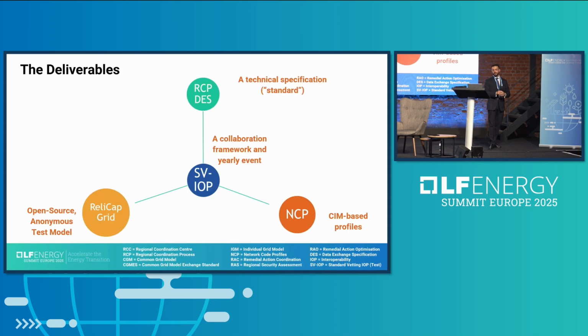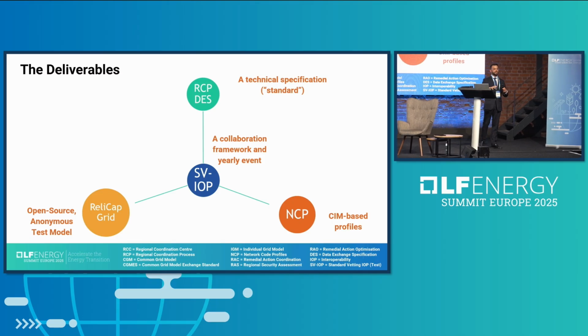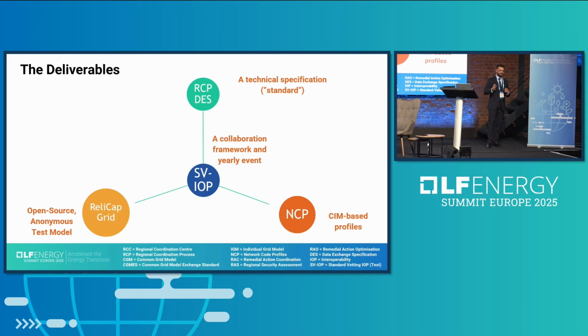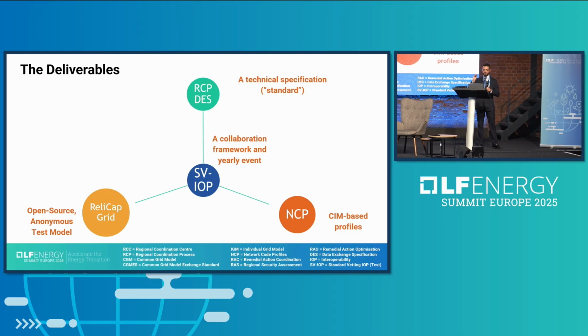Deliverables, what you're waiting for. The central part is the SVIOP. This is an event that started with a series of weekly online calls and ended with a physical event in June in Brussels. And in there is where we gather all the use cases that TSOs ask for. So TSOs ask for more changes. This is why ENTSO-E is constantly changing things: because TSOs have new requirements. And apart from that, because we discovered that we messed some things up and we need to repair some bugs, like normal maintenance. So this is the source of the requirements, in this occasion the use cases.